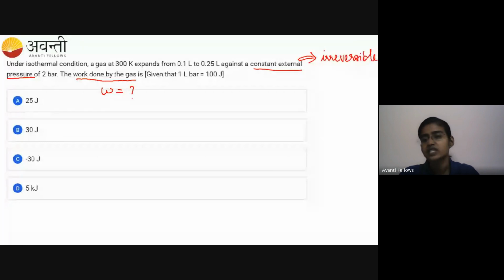Yesterday we have seen three formulas to find out the work done for three processes. One is reversible, second is irreversible, and the third is free expansion. So now here we have to find out the work done for an irreversible process. So to find out that, the formula says that,